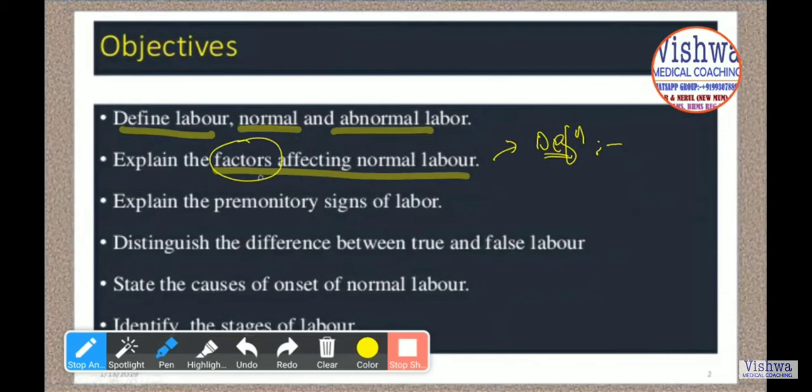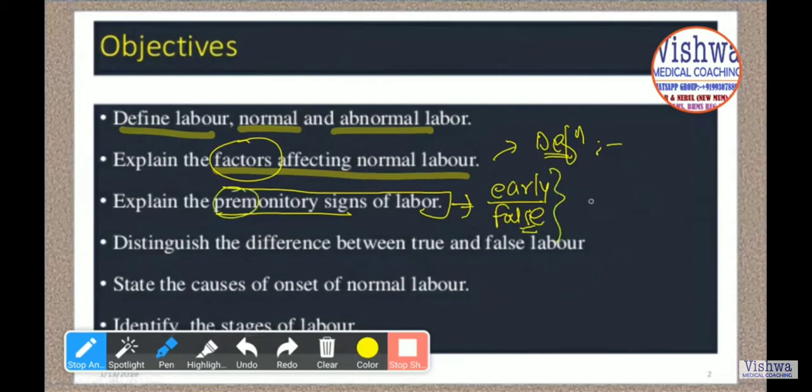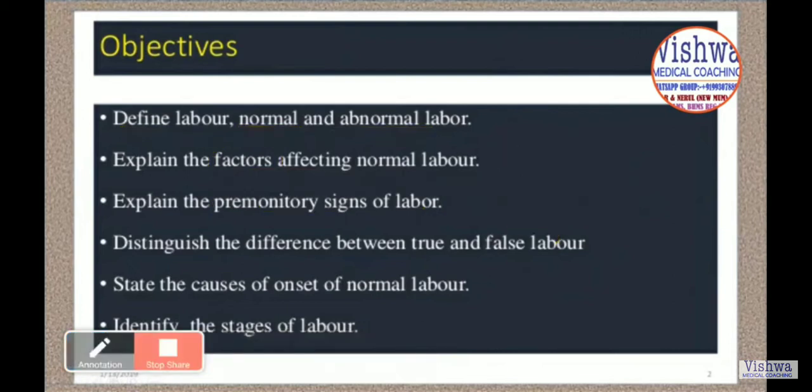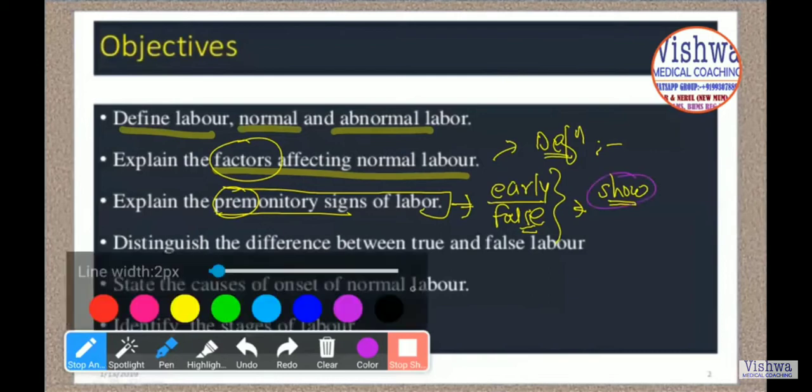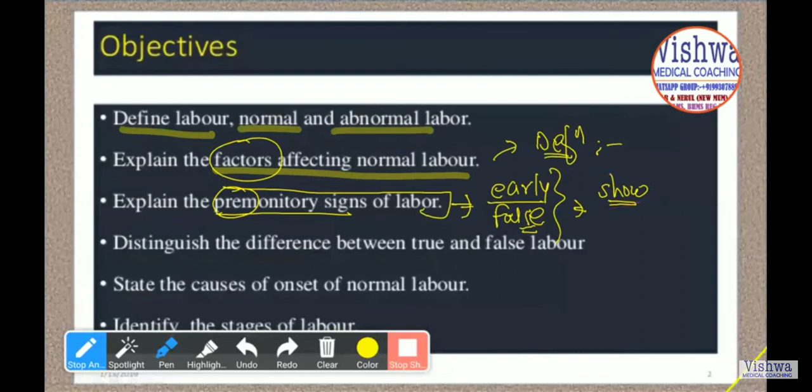We are also going to cover the premonitory signs of the labor. In the last lecture, I think we covered the early labor and the false labor. So we have certain premonitory signs. Remember, in the last lecture I also covered something called a show. Show is the discharge, that means a pink colored mucus plug, which is commonly shed in that particular case. That is what a show is, and we also have certain other premonitory signs in labor.